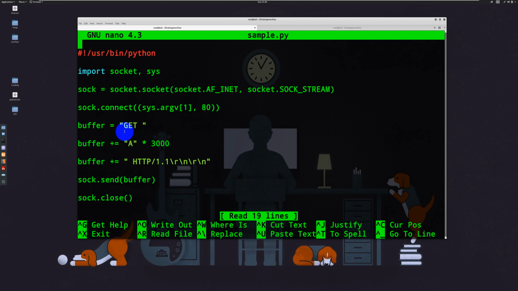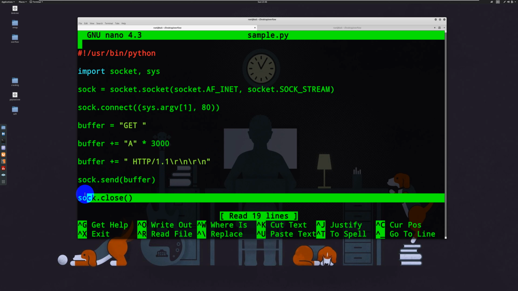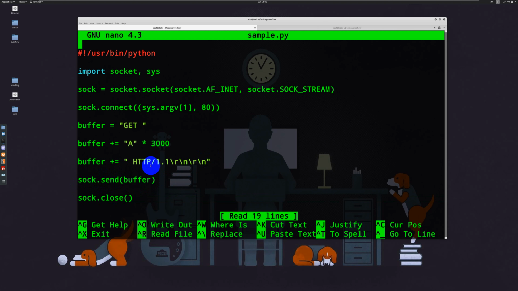Now the buffer is the value that we are sending, a GET request with 3000 A's, a simple HTTP request with \r\n as the new line. Finally we'll send this buffer using sock.send, and close the socket communication.